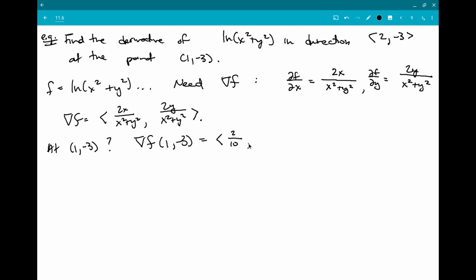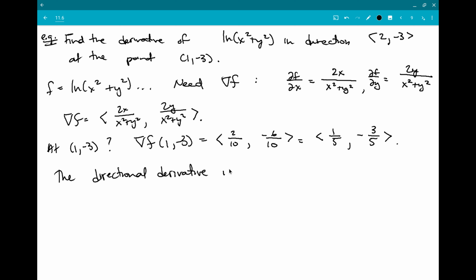And let's see, 2 times minus 3 is minus 6, again over 10. And I can simplify this to be 1/5, minus 3 over 5. I just simplified out the even terms there. Okay, and then the directional derivative is